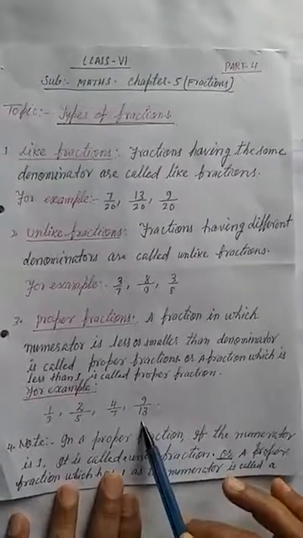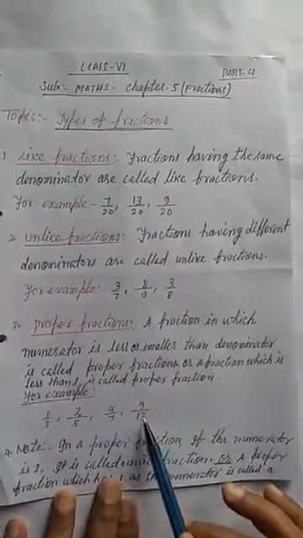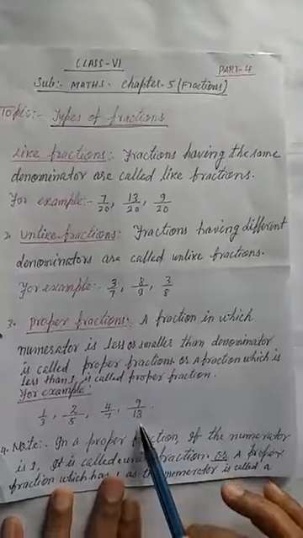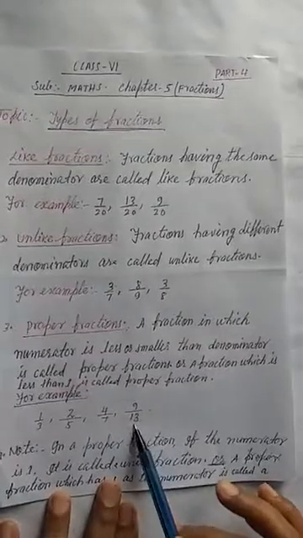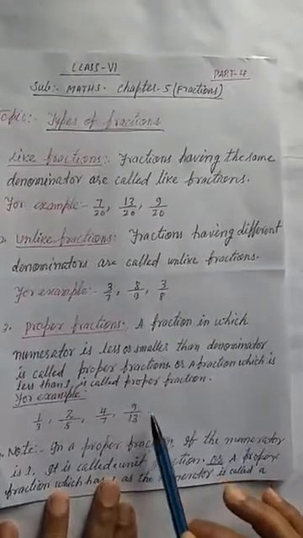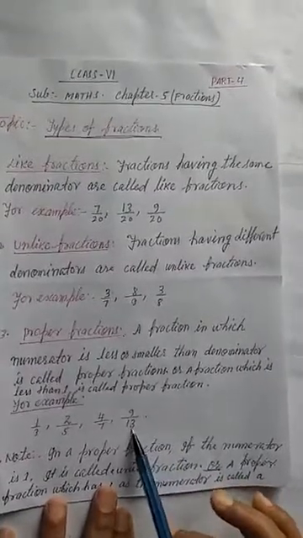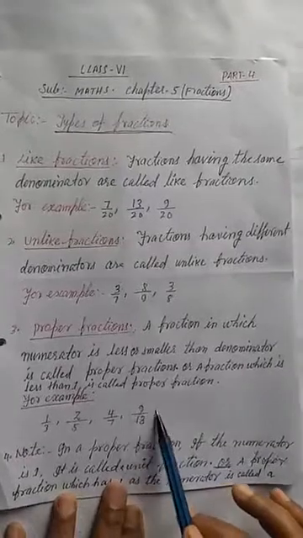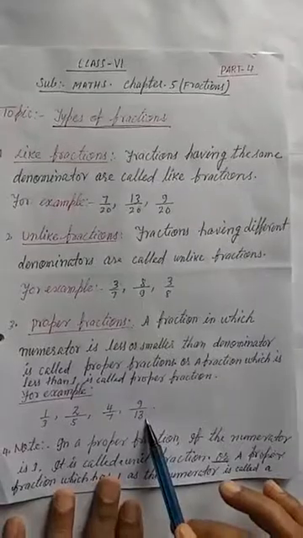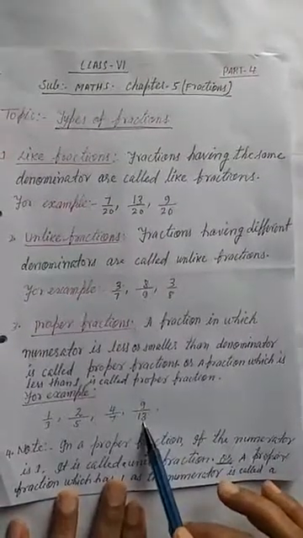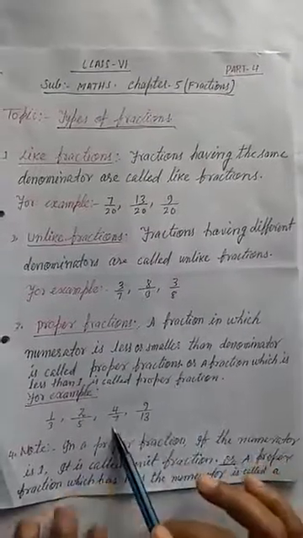And now one point is coming here: a fraction which is less than 1. How will we say that it is less than 1? 9 upon 13 is a part of the whole. How will we bring 9 upon 13 to the whole? What fraction will we add to get the whole? Whole means 1. Here the denominator is 13. So 9 plus 4 is 13, so 13 upon 13 means 1. And you remember, a part is always less than the whole. So according to this definition, you can say it like this.